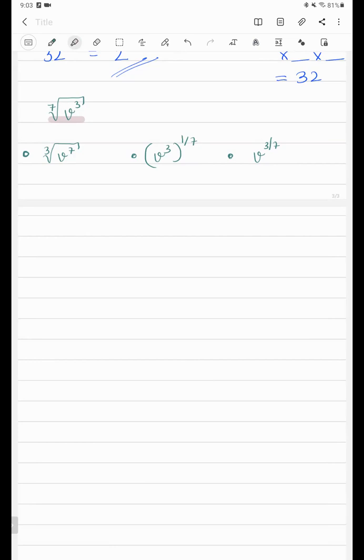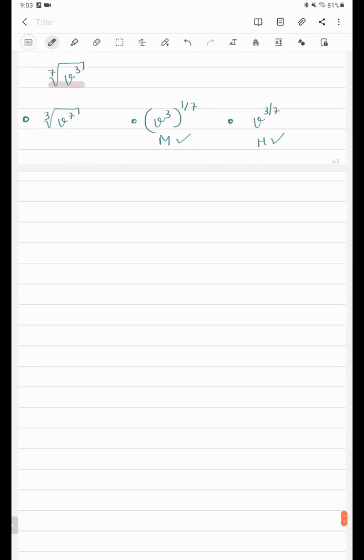I guess it's the second. Okay, so Mridula says this is equal, and Hamna says this is equal. So B and C both are equal. That's correct. So B and C both are equal. Why? Let's see why. Veer, did you understand this question? No, ma'am. Okay. So let's see why it is true.